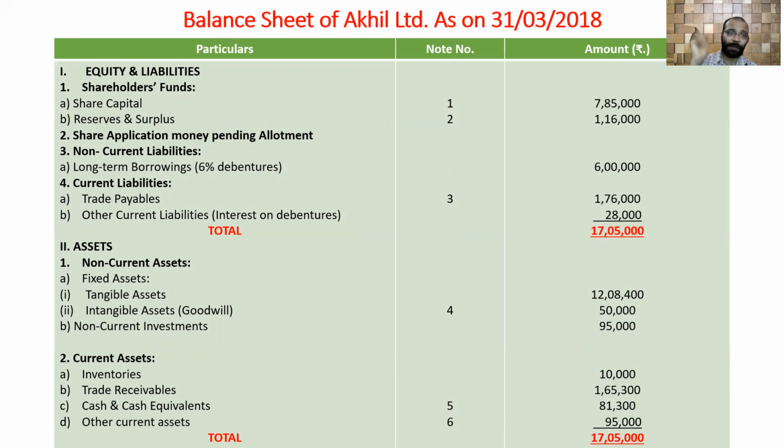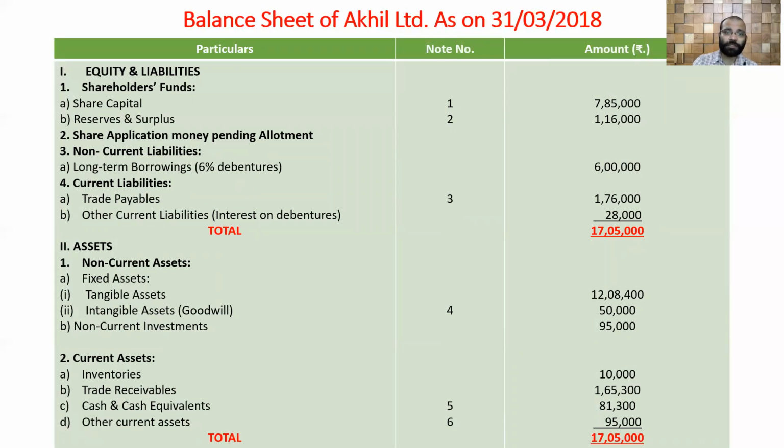So first we have the equity and liabilities. Under that, shareholders' funds: the share capital, reserves and surplus. Then we have share application money pending allotment. Here it is not given, so ignore it. Then non-current liabilities. Under that we have long-term borrowings. All these things are given in the question, but for certain things like share capital we have authorized and paid up. Then we have reserves and surplus, where two items are given, so we have to process them. Trade payables, bills payable items are separately given, then intangible assets separately given. Then we have the cash and cash equivalents, cash in hand and bank separately given. So all of that needs to be shown as the working note.